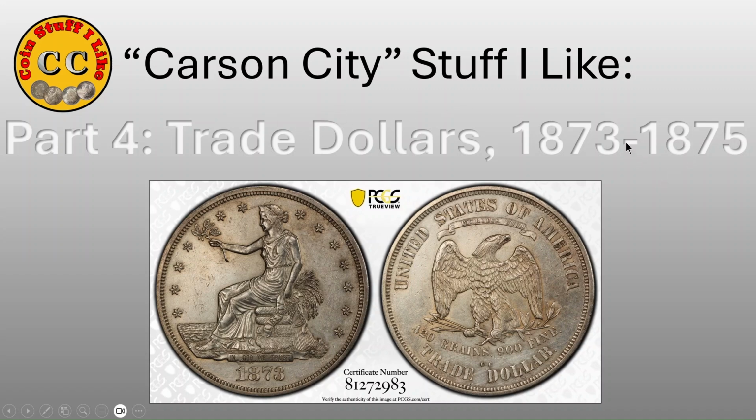So in 1873, the United States passed the Coinage Act of 1873, where they essentially did away with circulating silver dollars. No more silver dollars. We'll have other silver coinage, but no more silver dollars. But in the process,